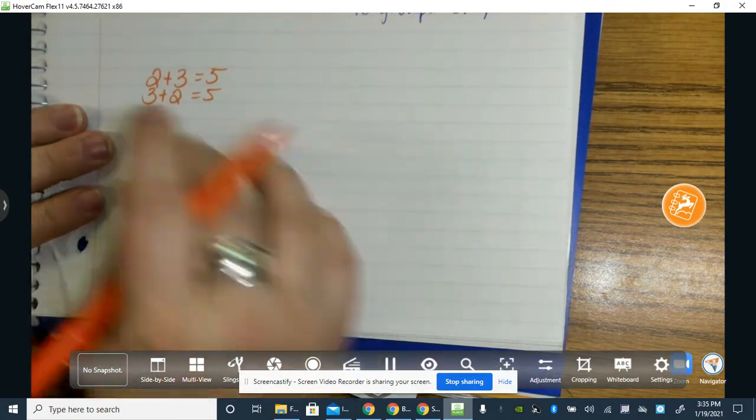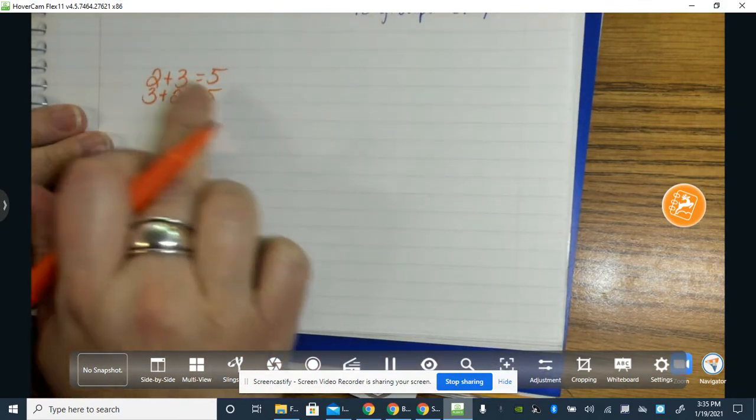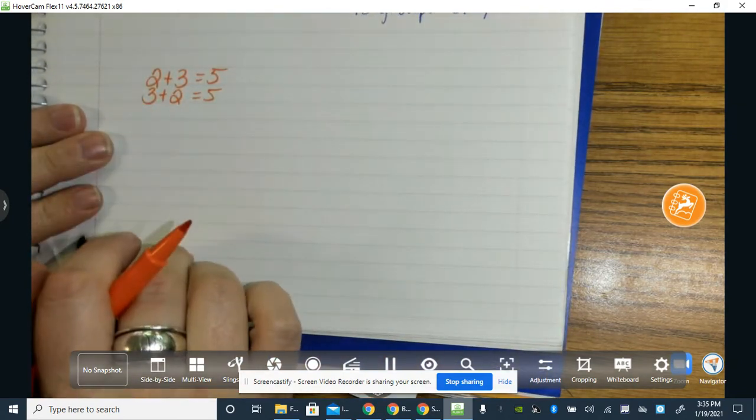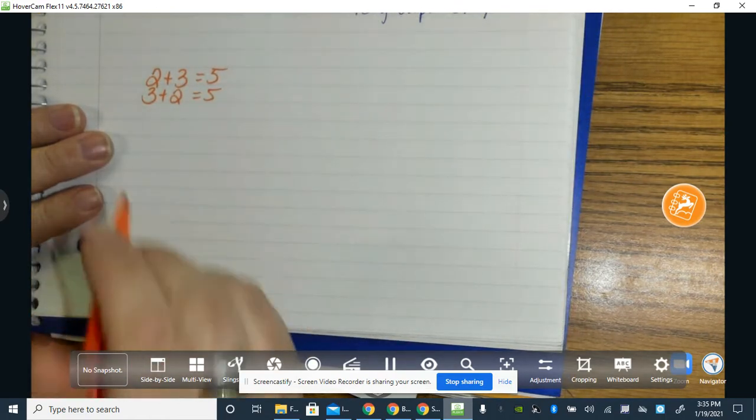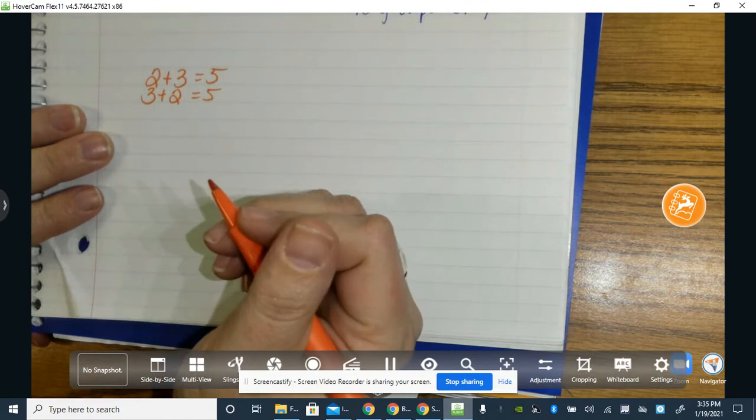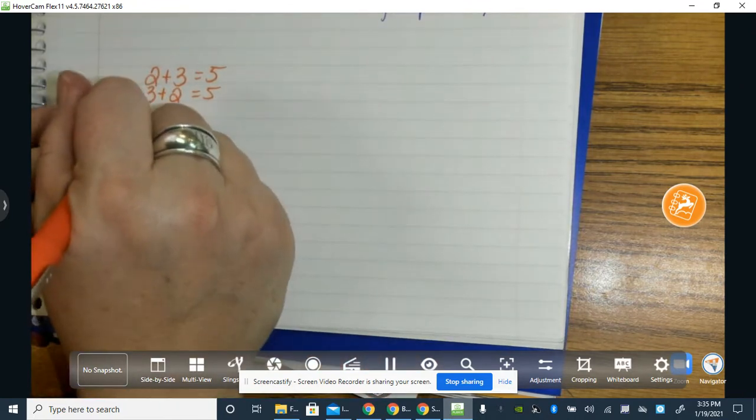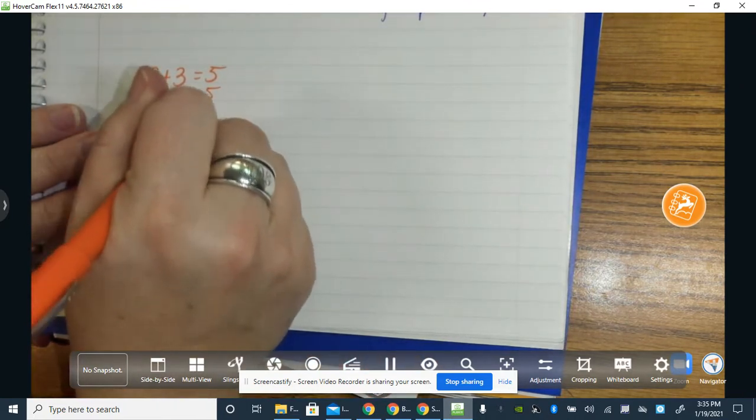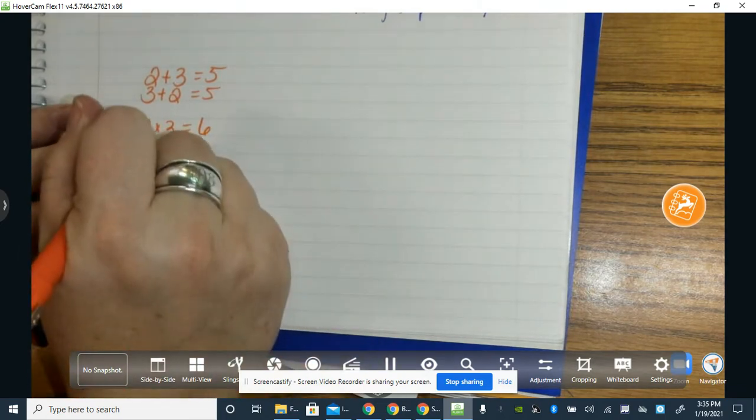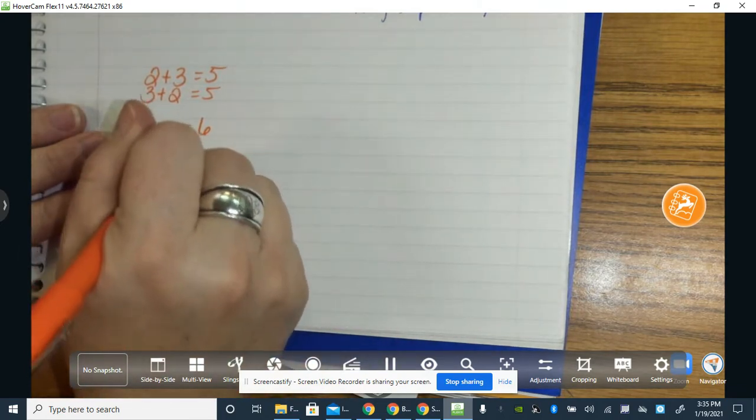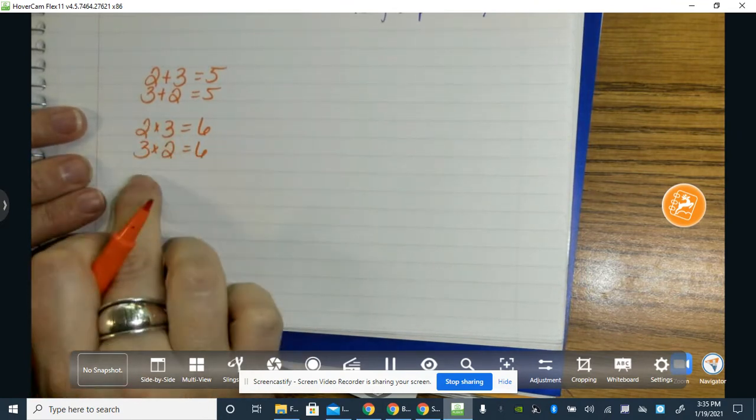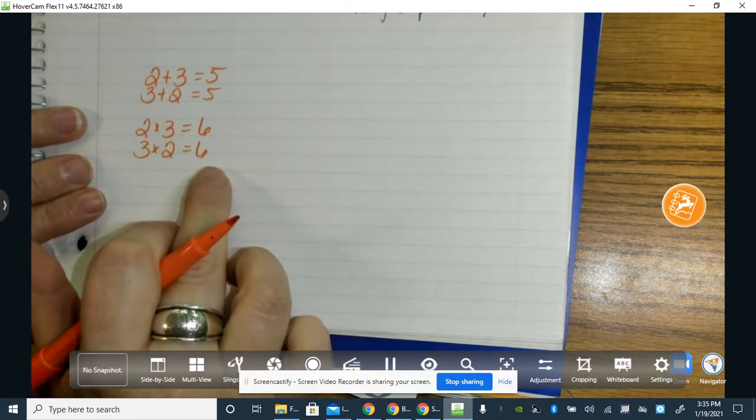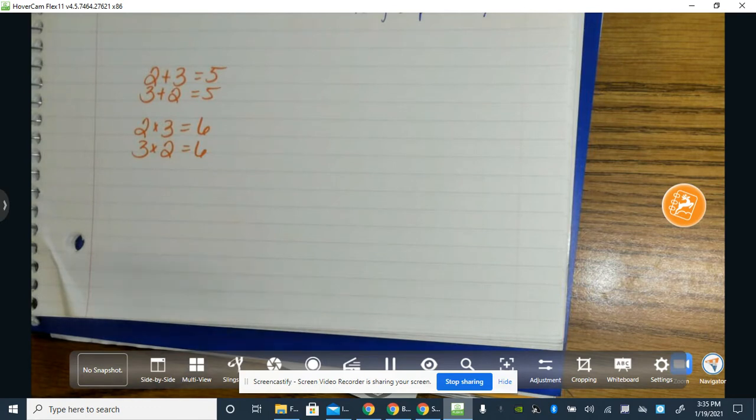Okay, so addition, no matter which way you arrange your numbers, they're still going to give you your answer of 5. So I'm going to keep the same numbers, but now I'm going to multiply. 2 times 3 gives me 6, and 3 times 2 gives me 6. Do you see how no matter which way I arrange my numbers, I'm still getting 6? Okay, now that is with